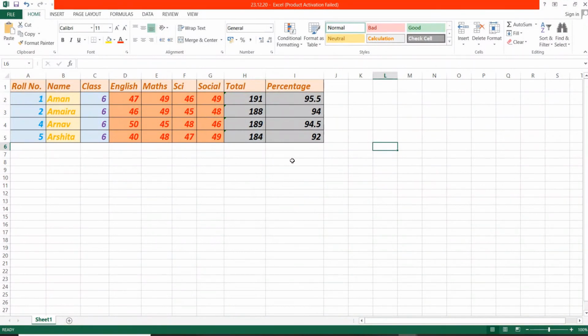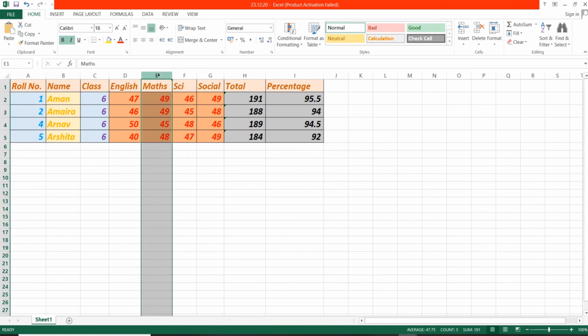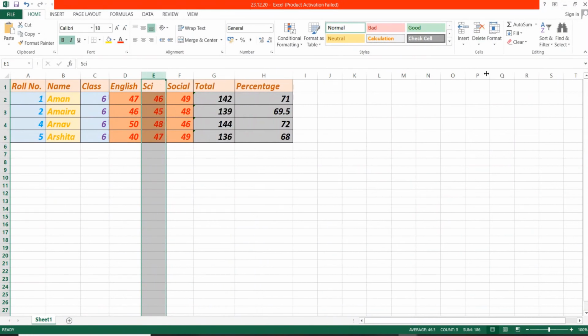Now same, when you want to delete any column, what you will do, you will select the particular column by clicking on the column header. Then click on the home tab. In the cells group, click on the delete button. From this, click on this drop down arrow and select delete sheet columns option. As you select this option, the selected column will be deleted from your spreadsheet. Clear beta?